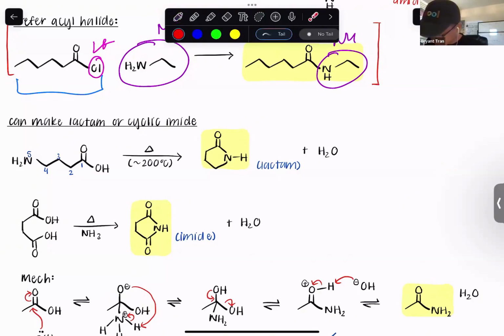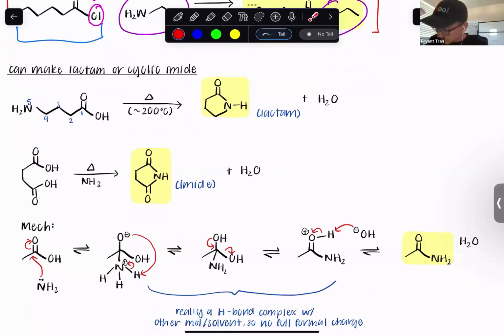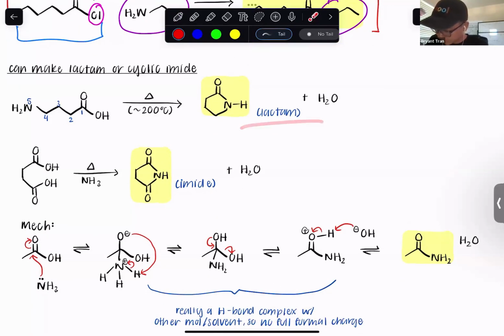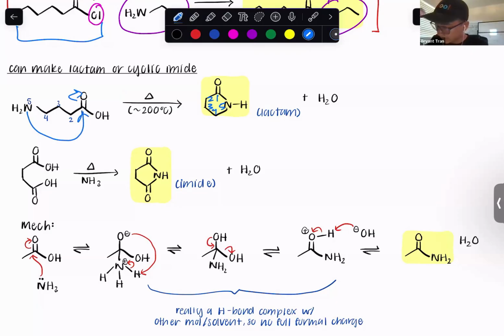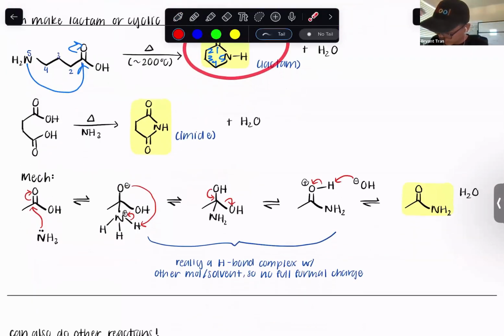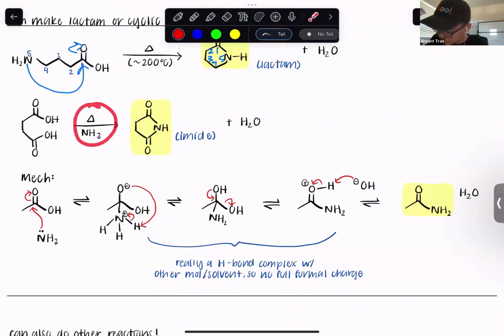And we could do cyclic amide or lactam, where this is the electrophile, this is the nucleophile, and with heat conditions, 1, 2, 3, 4, 5, it's going to be this 1, 2, 3, 4, 5 molecule right there, intramolecular reaction, right? Where we just attack that, push that up there, and then keep going, nucleophilic acyl substitution mechanism to get this lactam right here. Same process over here, but because we have ammonia, we're going to get this